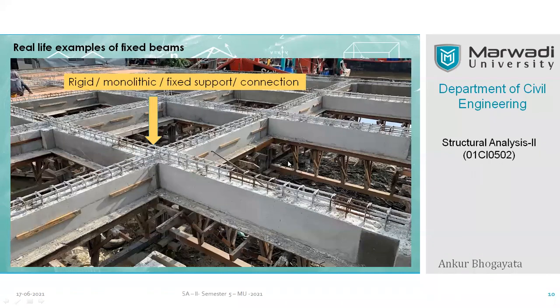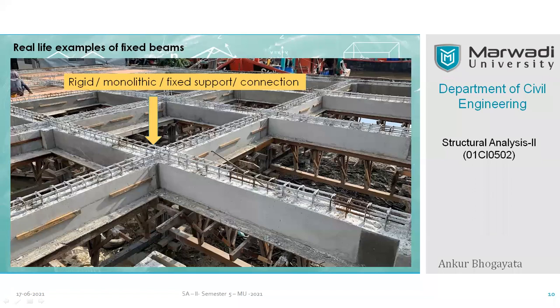Now this is a popular look of the RCC, typical RCC beam connections. You can see that there is a floor beam which is casted, and you may have a question why they have not casted it completely, because here the slab will be coming and the entire slab will be casted together as a common slab all over the area, right? That's why they have not casted this particular portion, right? However, let's leave it aside.